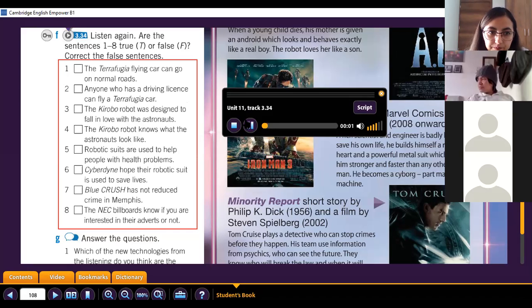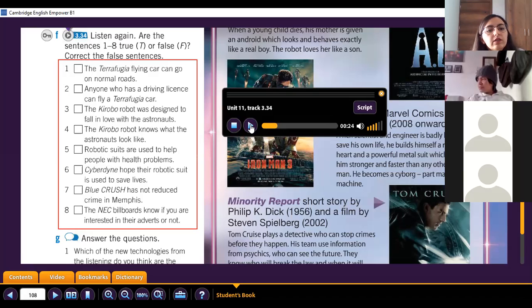Track 3.34. There aren't any road signs in the sky yet, but just like in Back to the Future 2, flying cars are real. The Terrafugia Transition is a car which can fly for 800 kilometers at a speed of 185 kilometers an hour. It has 2 seats and wings that fold up, so it can be driven on a road too. But it isn't